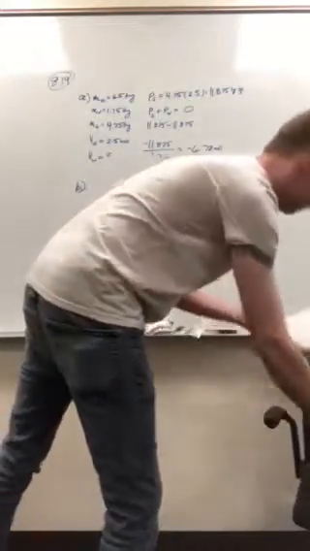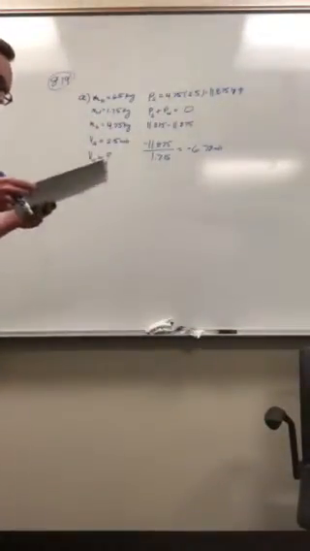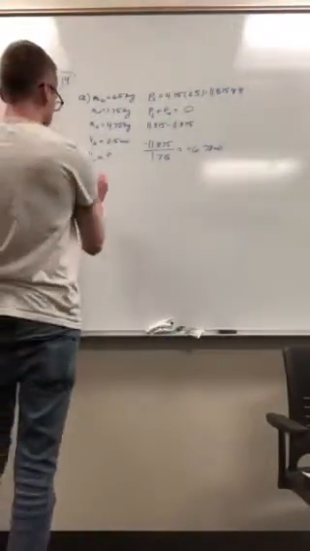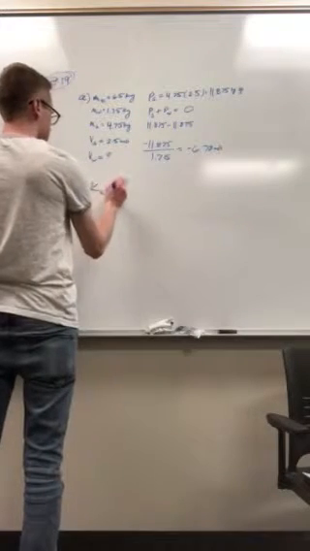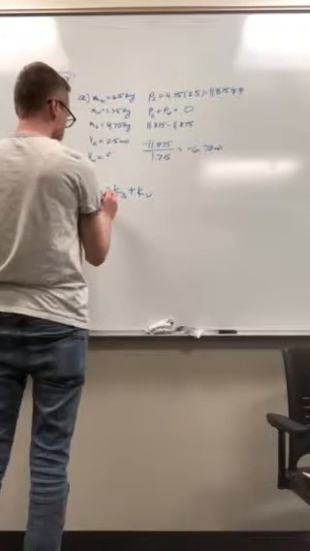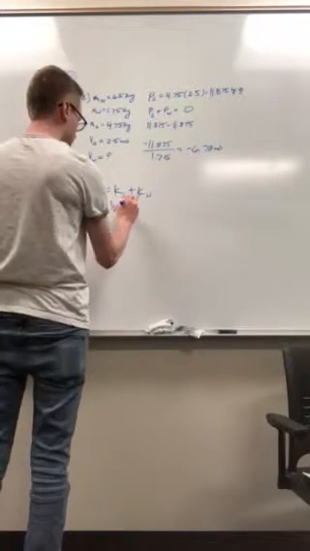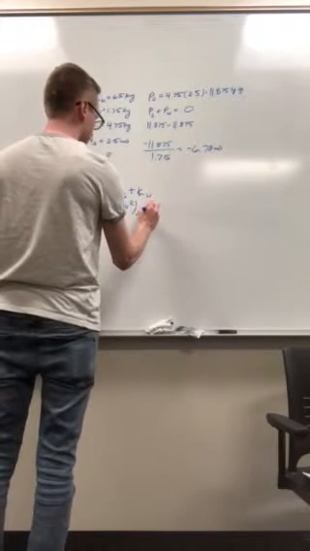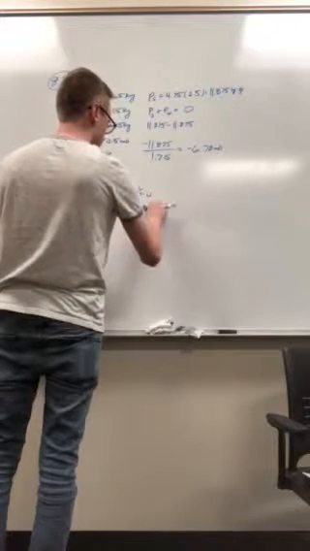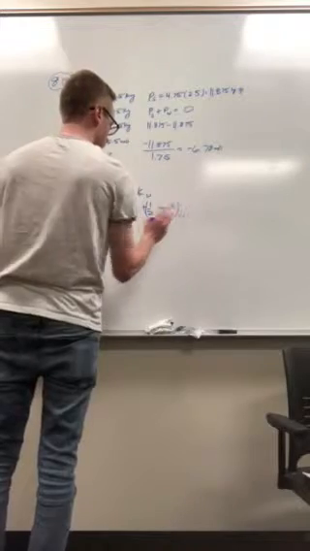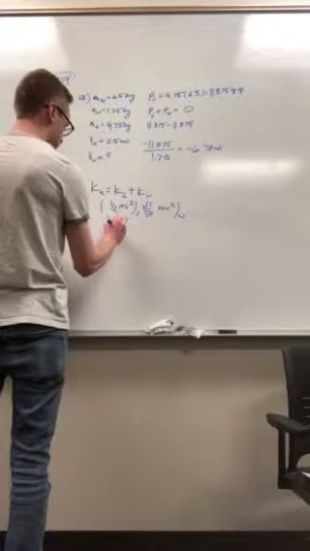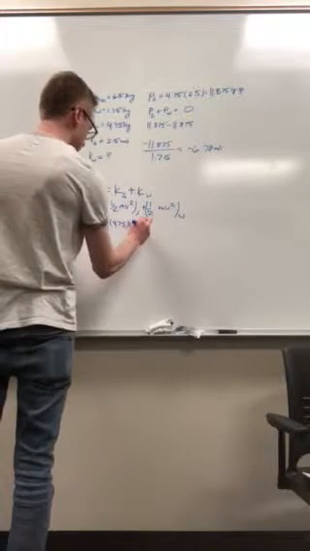Question B. How much kinetic energy does the squid create by this maneuver? So the total kinetic energy is equal to the kinetic energy of the squid plus the kinetic energy of the water, which equals 1/2 mass times velocity squared of the squid plus 1/2 mass times velocity squared of the water. So that gives us 1/2 times 4.75 times 2.5 squared